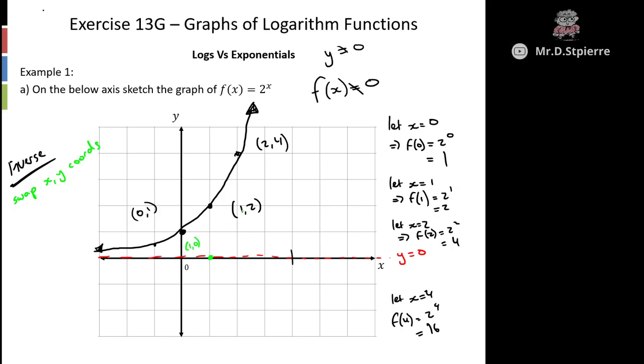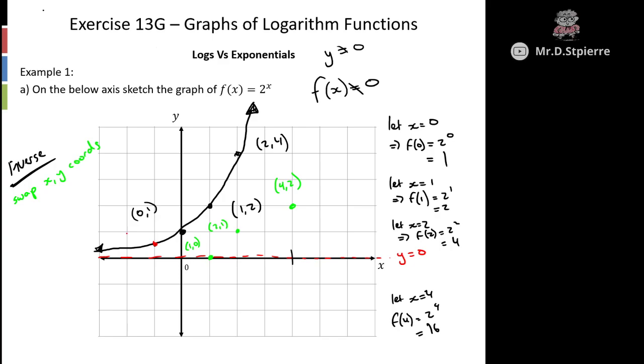(1, 0) and (1, 2) are going to convert into (2, 1). So we're going to have that there. Then (2, 1) and (2, 4) are going to convert into (4, 2). Okay, we can keep following this pattern. We could do this for every single data point. So even this